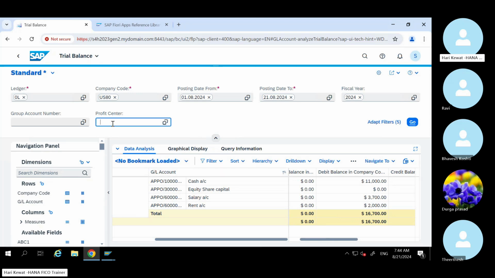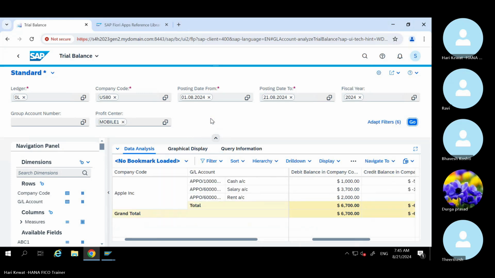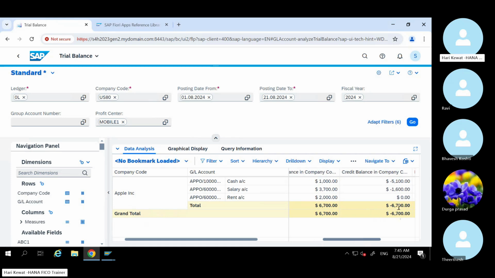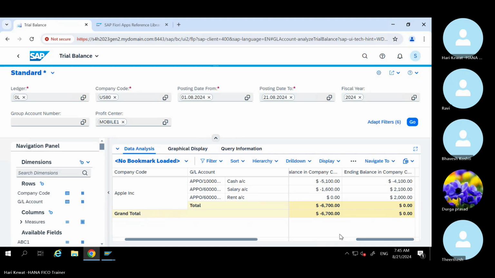Now if you want to run for any profit center, you want to see whether my PC level is matching or not. Keep the profit center, give it. I think what is your profit center? It is mobile one only, right? I think so. Run it. Okay, see, it is pulling the report at PC level. So in this PC, you have posted this much debit balance and this much credit balance. Okay, debit credit equal, and trial balance you are able to get at the PC level. Okay, now